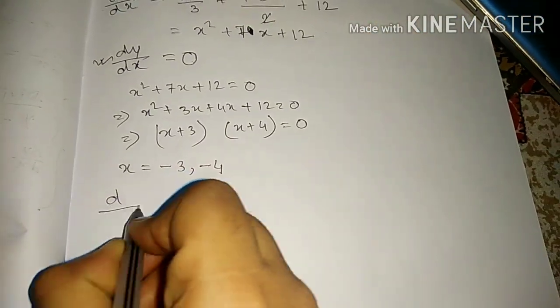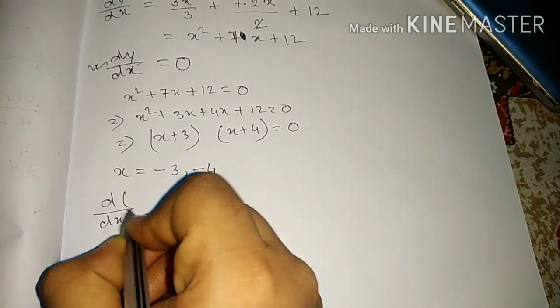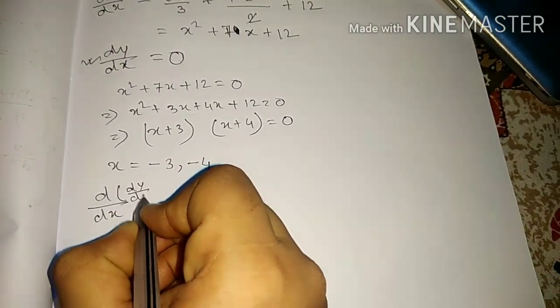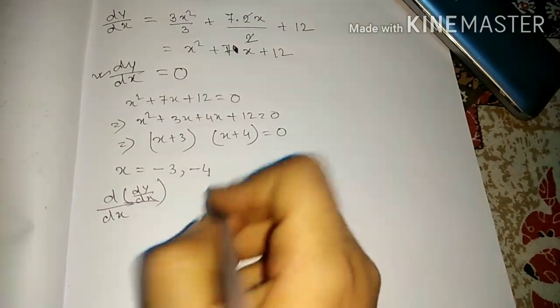So then again we differentiate this one. So dy by dx, again we differentiate this one. So that is